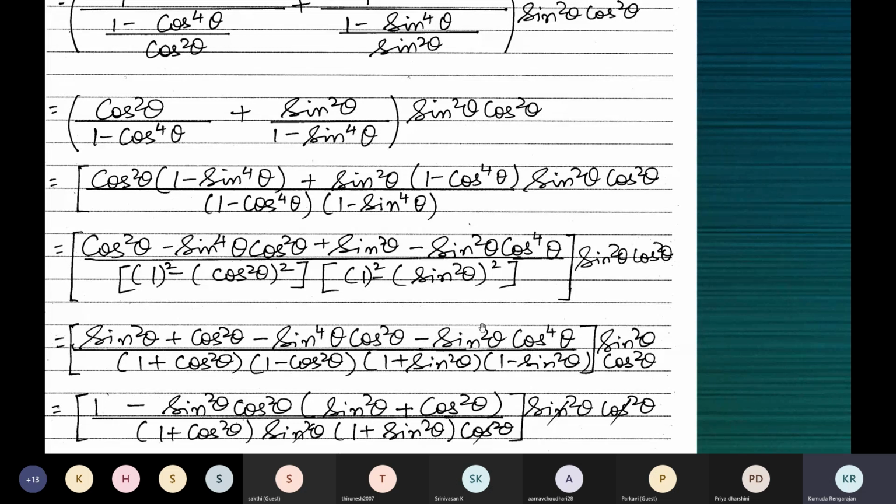And we have sine square theta out already. This is cos theta to the power 4. So cos square theta. This into this should give you this term. And this into this should give you this term. It's completely algebra. Taking common between these two is what you see outside. And this into sine square theta will give you this term. And this one into cos square theta will give you this term.